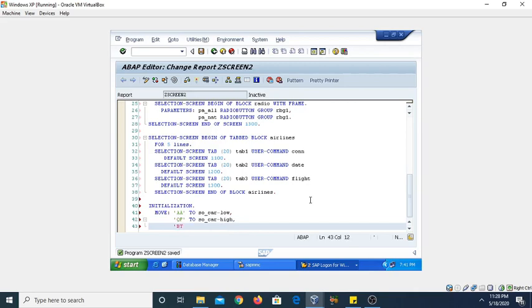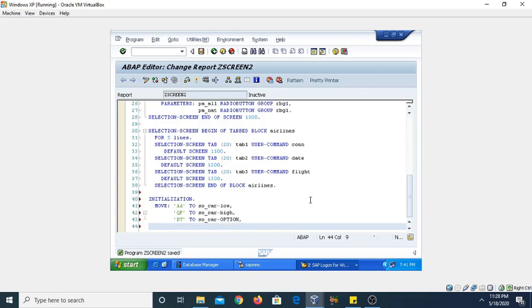Now the other one was BT, which is assigned to the option button. Another is inclusive to sign option SO underscore char and then sign.